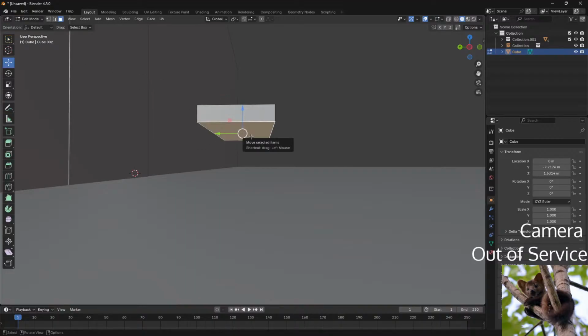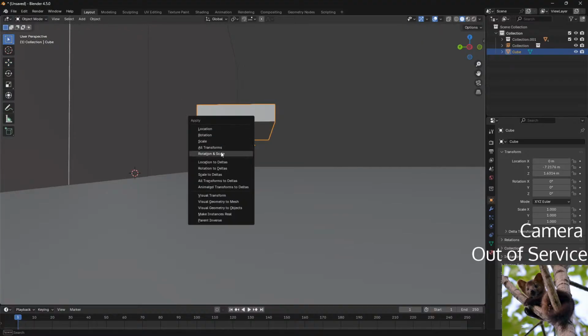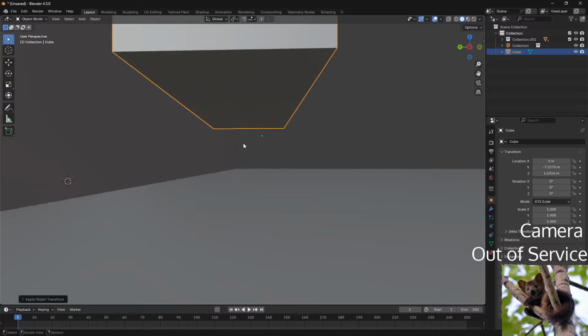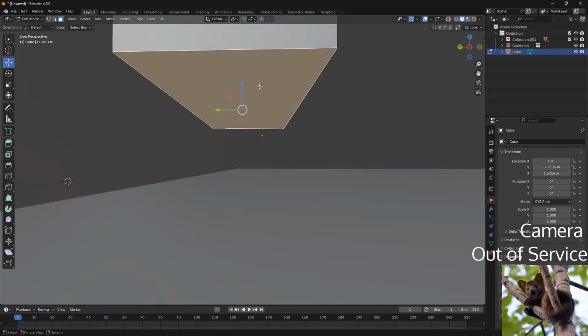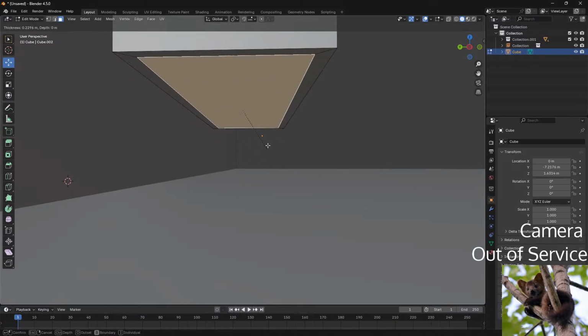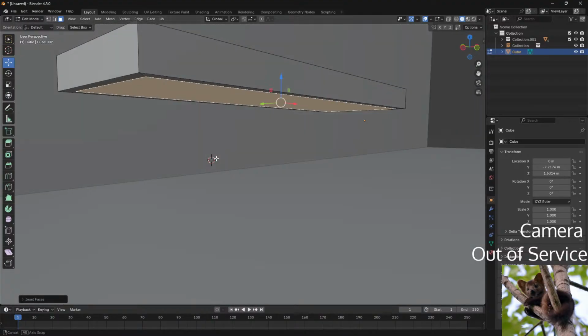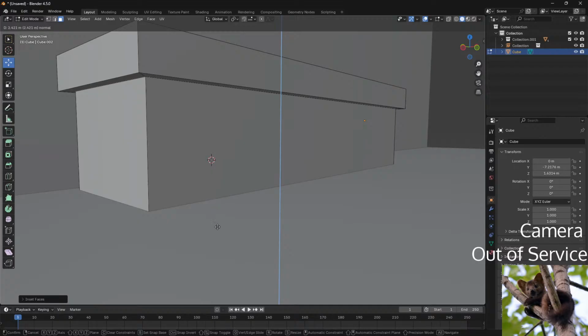What if I inset this? Come on. Inset. Except that it's not really applying rotation and scale. Does this help? Kind of. I can exclude.